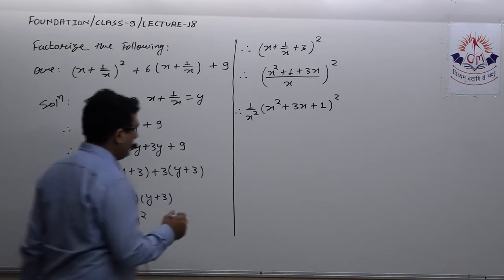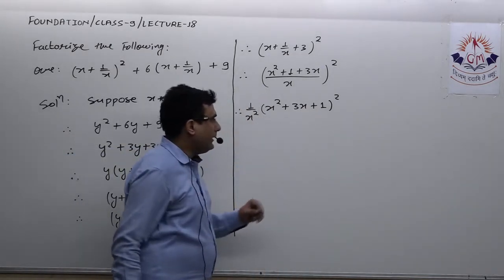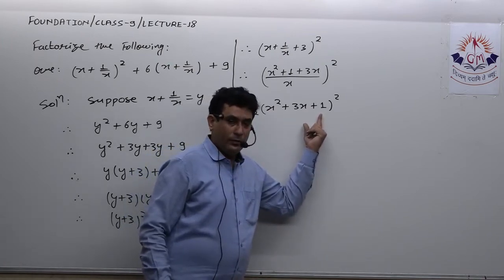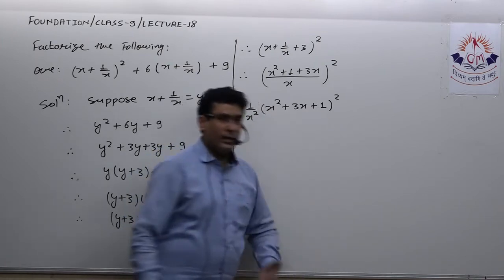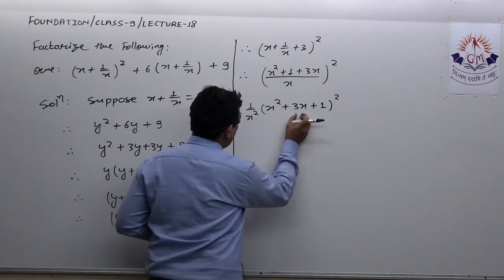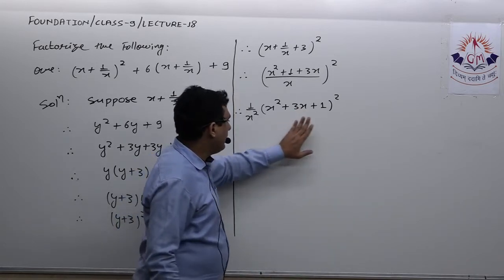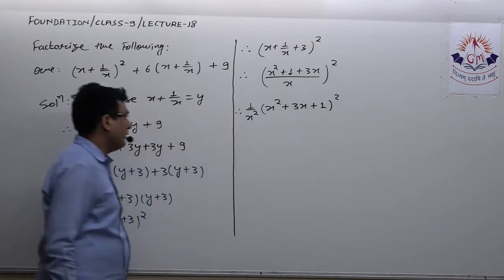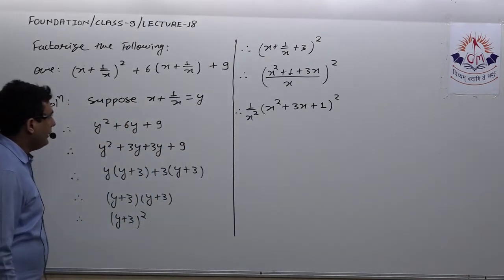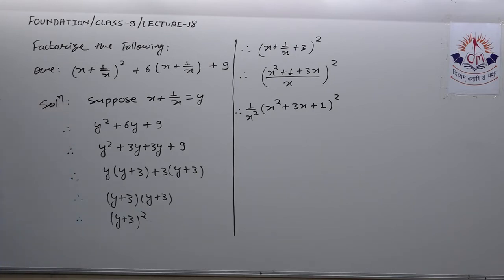Okay, so now let us see. We have to split the middle term, that is 3x, using the factors of 1. So factors of 1 are 1 and only 1. So it is not possible to get two terms whose sum is 3x and which are factors of 1. So in that case, this will be our final answer. So these are the factors of the given expression. I hope you noted this down. Still, I'm giving you 1 minute. Then we'll start the next question.